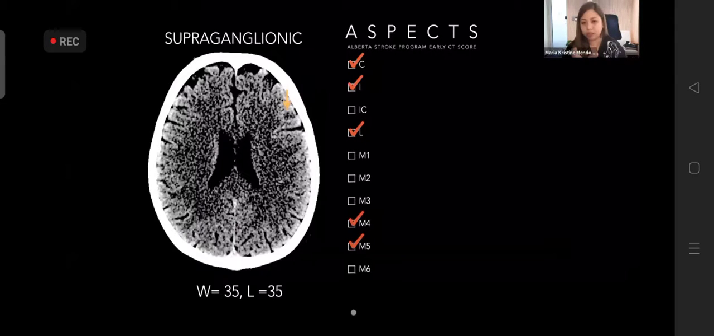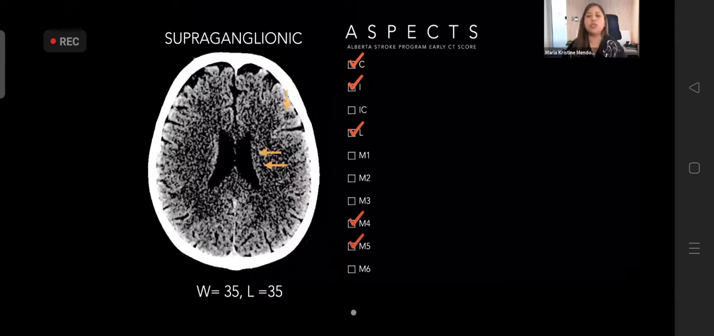How about that small area, cortical subcortical hypodensity in the M4 region? We also give 1 point for that to be subtracted in the aspect score. And again, in the supraganglionic level, there's the body of the caudate nucleus, which you can see in this particular structure in the supraganglionic level, and indeed, the caudate nucleus is involved in this left MCA